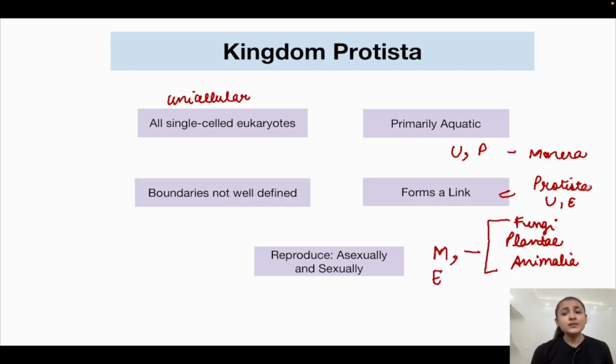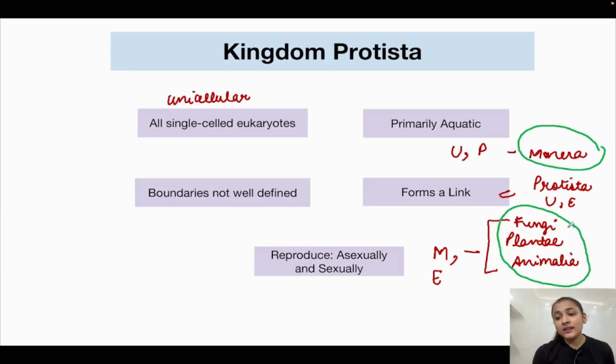Now all of these kingdoms comprise of multicellular eukaryotic organisms. So what does Protista form? Protista forms a link between kingdom Monera and these multicellular eukaryotic kingdoms which have complex organisms. So Protista is a link kingdom. That is why Protista के members में भी we find the characteristics of both plants के भी characteristics आपको उसमें देखने को मिलेंगे, Protista के कुछ members में, animals के भी देखने को मिलेंगे. Because it forms a link kingdom.